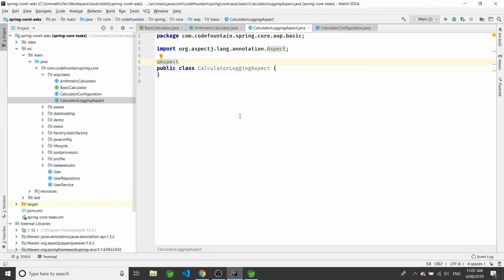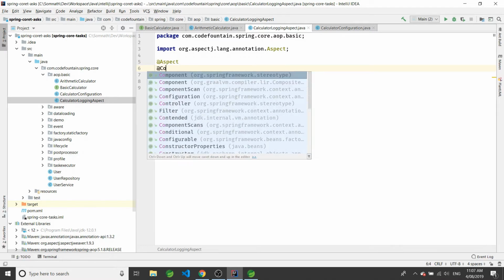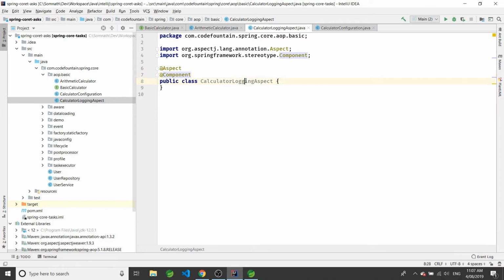So first thing we're going to do is add the @Aspect annotation. This makes this class an aspect, right? And another thing we have to do here is add @Component so that Spring can detect this class and create the bean, right? Only marking as aspect will not let Spring load this class as a bean in the Spring IoC container. So this is our first aspect. It's pretty simple. We just put that @Aspect annotation and it makes it an AOP aspect. In the next lecture, we're going to talk about how we can put different types of advices in this aspect class.